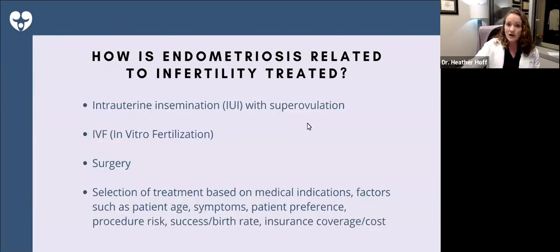So when we talk about fertility concerns with endometriosis, the selection of the treatment, selection of the evaluation really depends on the patient. So this is where it's going to be really important for you to come in, have an individual consultation for us to discuss what are the next steps and what are the next steps for you based on medical factors such as your age, any other fertility factor concerns, is there enough sperm, are the tubes open? How bad are your symptoms? How many symptoms are you having from endometriosis?